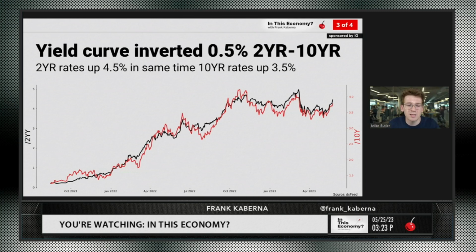And so 2-year rates skyrocket from 0% to 4.5%. In the same time, 10 years went from around 1.5% to around 4%, you see there on the right axis in red, and got us to this yield curve inversion of 0.5% between 2 years and 10 years. And that started, the first inversion was because of that inflation and the Fed hiking rates so quickly. Now we're seeing even more of that inversion recently as we get up against this debt ceiling,